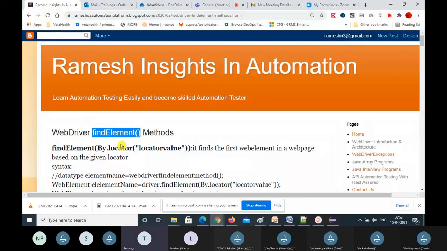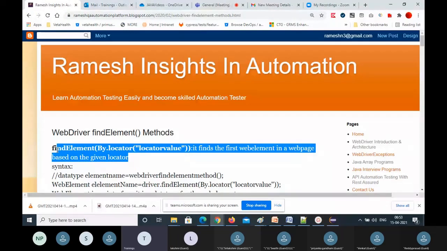So for the find element method, we are going to use driver.findElement(By.locator(value)). It finds the first web element in a web page based on the given locator.